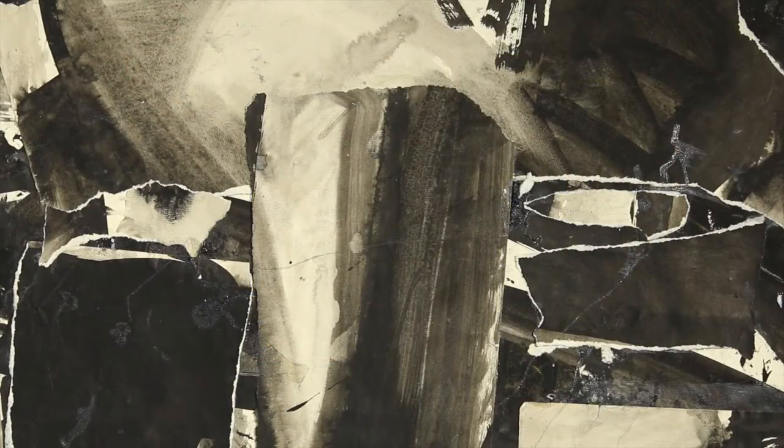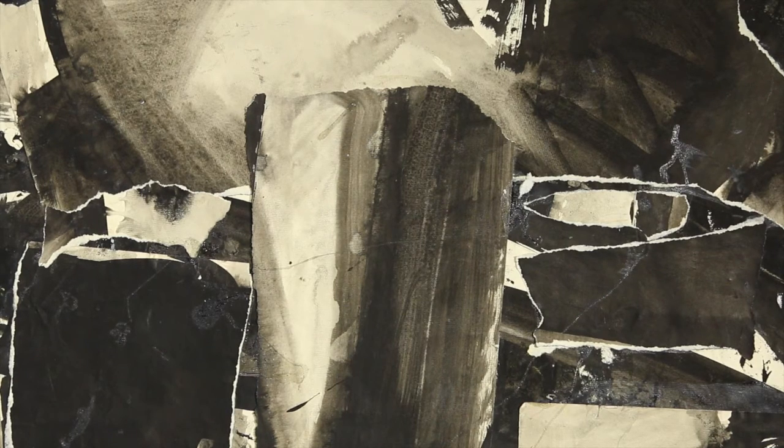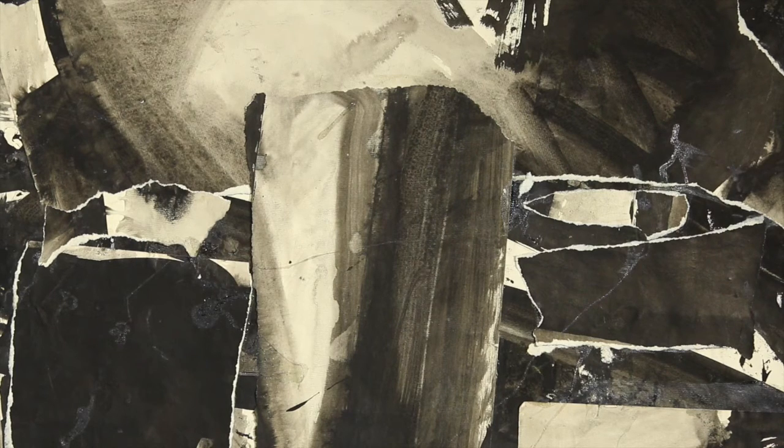One of the interesting things about Sylvia's method of working, especially in the later piece, is the gesture of tearing paper and pasting paper. Sylvia made a series of drawings of the subway tracks in New York City when she lived there. And almost as a way of recycling the work, she decided to tear and paste work to build a series of heads. These are all based on a frontal figure of a head, but there's a cubist dimension